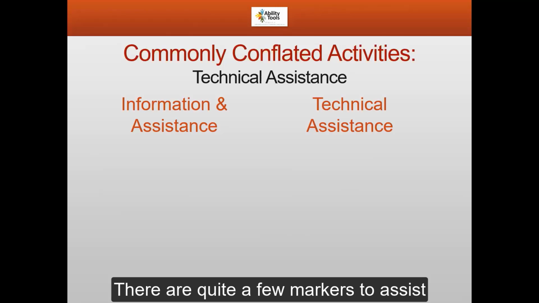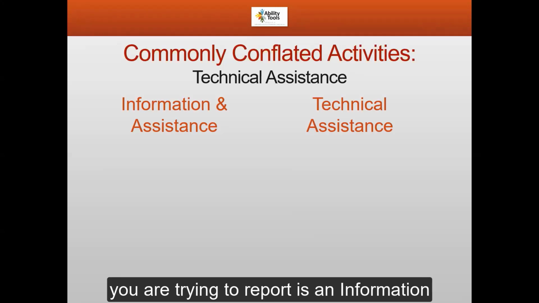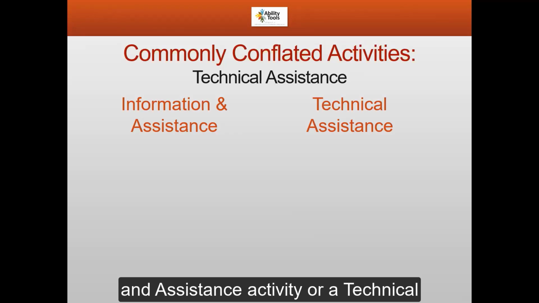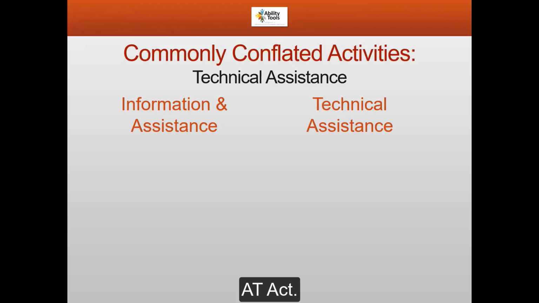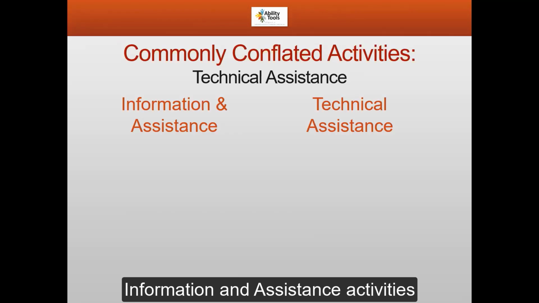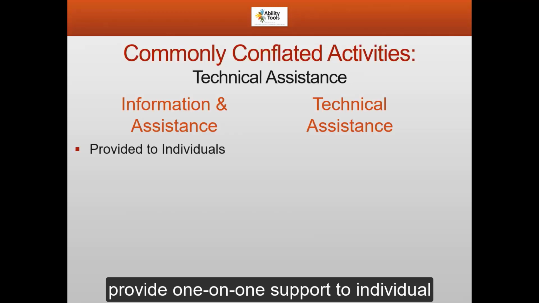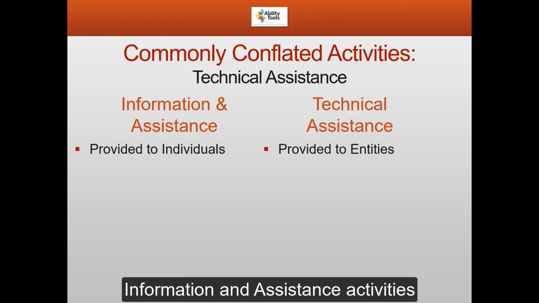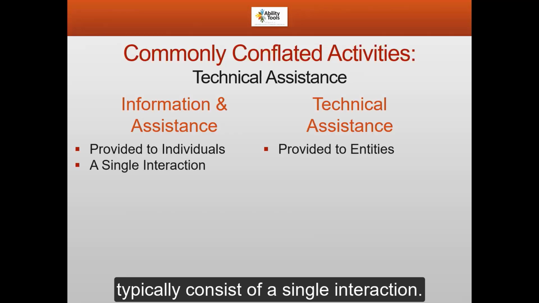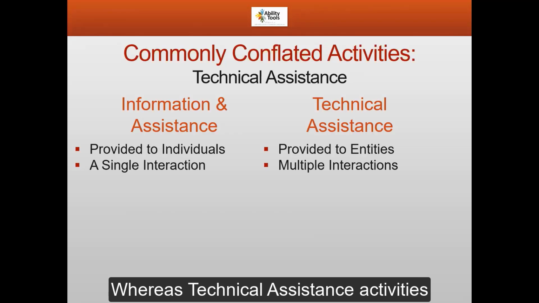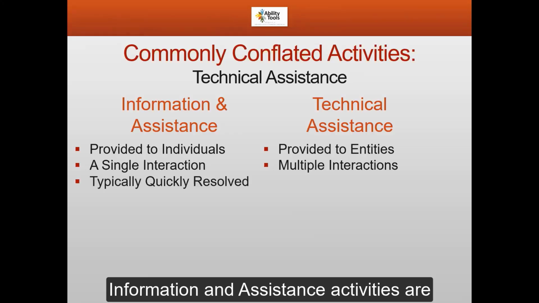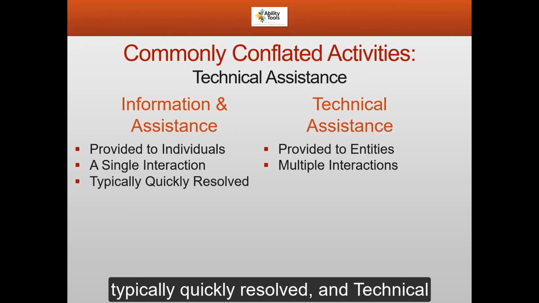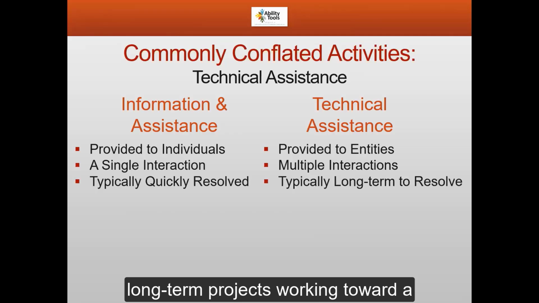There are quite a few markers to assist you in determining whether the activity you're trying to report is an information and assistance activity or a technical assistance activity as defined by the AT Act. Information and assistance activities provide one-on-one support to individual consumers versus technical assistance, where support is provided to entities. Information and assistance activities typically consist of a single interaction, whereas technical assistance activities consist of multiple interactions. Information and assistance activities are typically quickly resolved, and technical assistance activities typically are long-term projects working toward a resolution